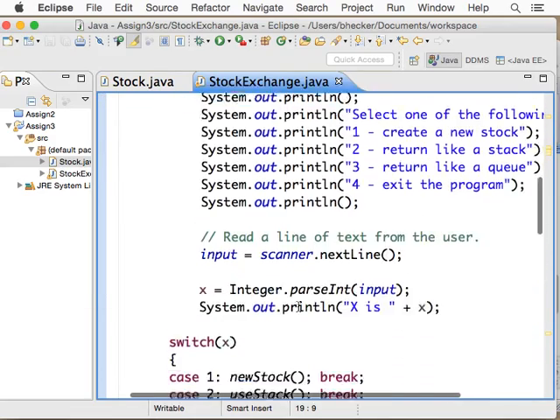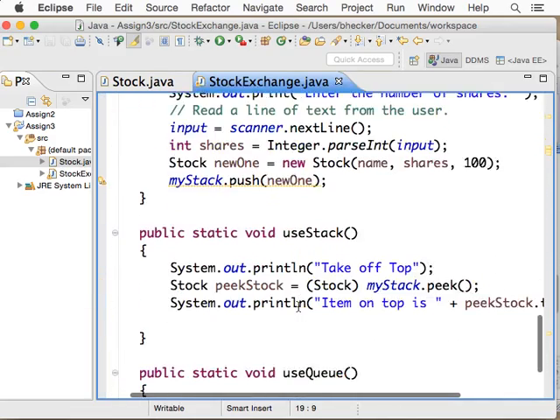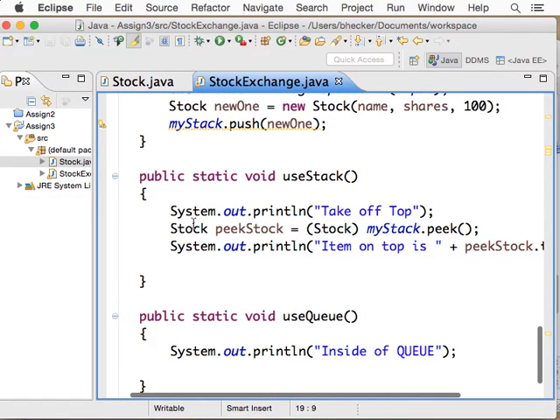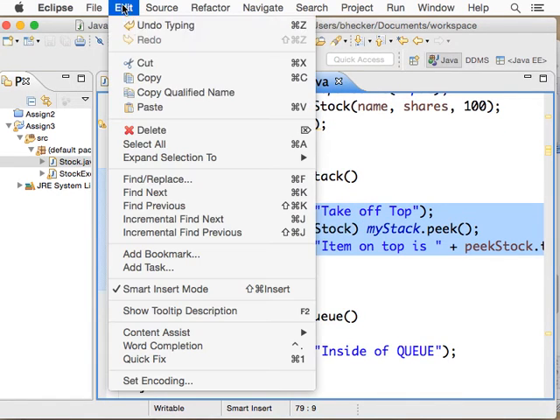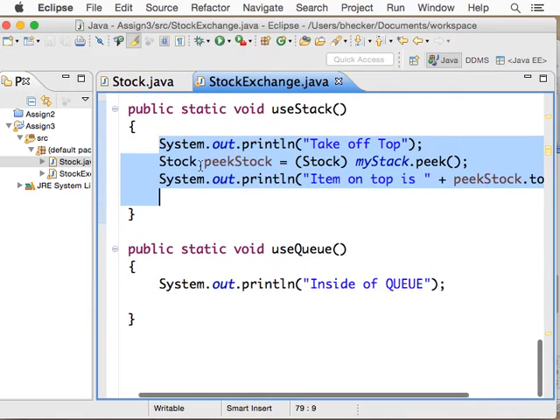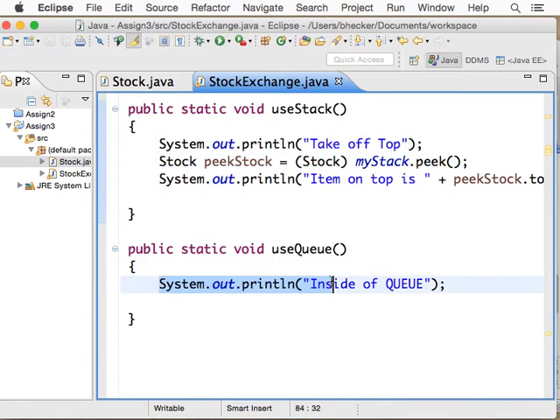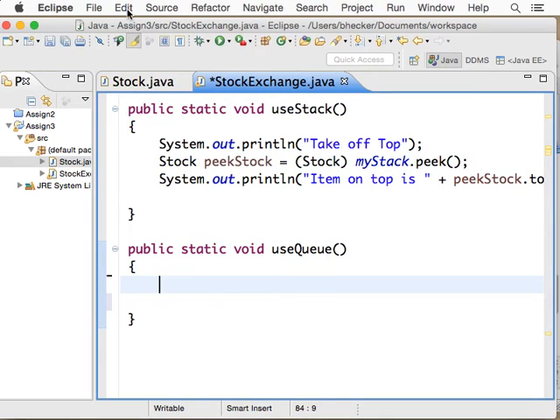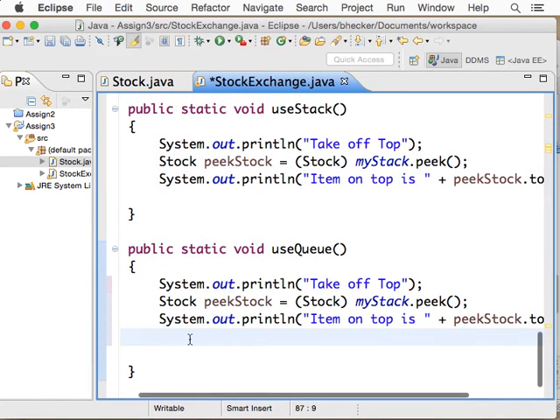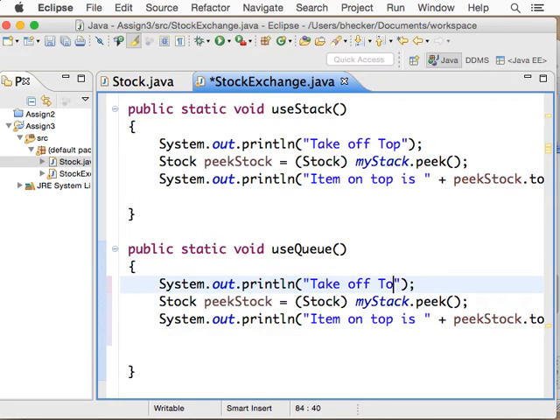So if it's like a queue, then on the bottom here, I'm just going to copy this here, because we're going to do a very similar operation. Down here where it says use like a queue, get rid of this line, edit, paste. So this is Q. Q is like the worst thing to try to spell. Q output is,